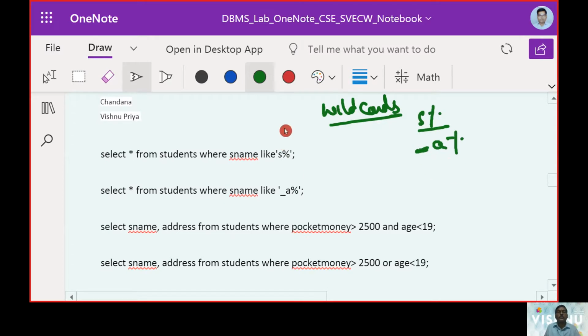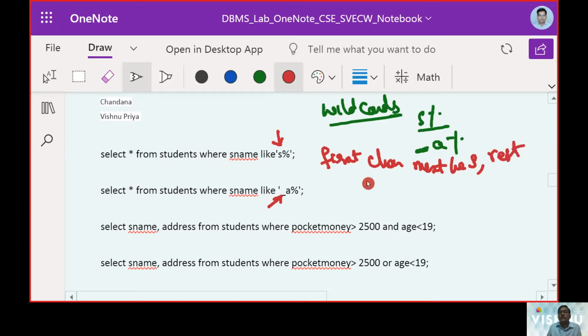These are the two things we are working on in this direction. The first character should be S. Here I can mention that the first character must be S, and the rest can be any character.